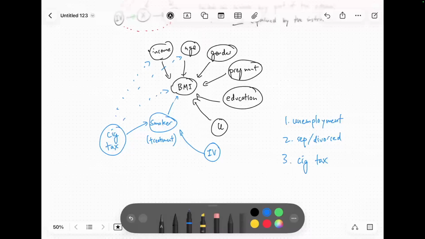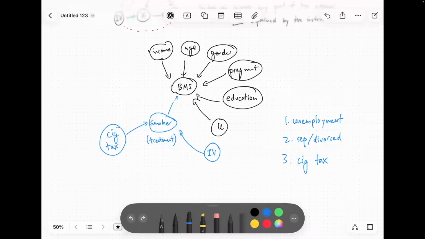If I was a nitpicking economist or something, I might say, oh, well, the cigarette tax could cause you to be so stressed that you lose weight or something, right? And in which case I'd be arguing, actually, there's a direct effect on your BMI. But let's maybe put that aside, right? This is probably the most disconnected variable from a lot of these other potential confounders, right? And so if we are convinced that that's the case, then I could describe this as a plausible instrument, right? And the strength of the instruments,